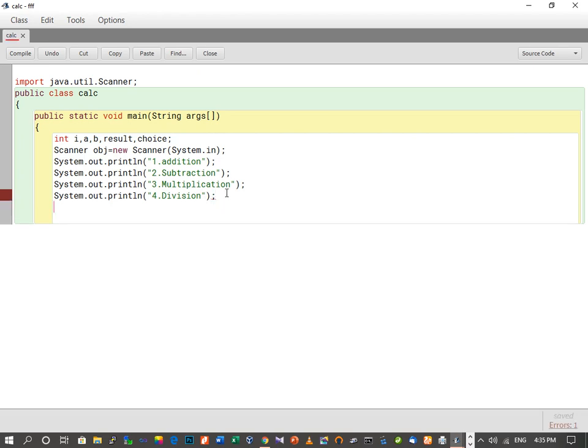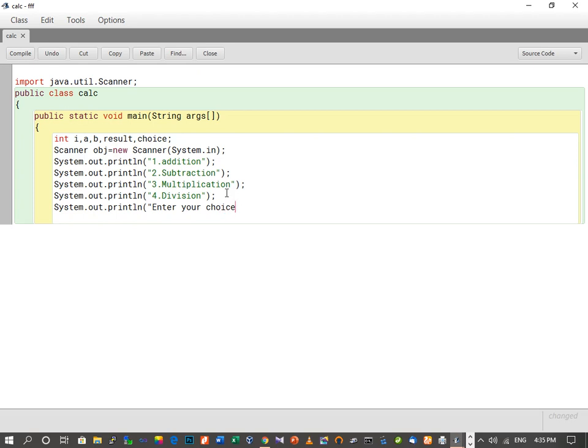Now the next thing will be to accept a choice from the user, meaning the user will be asked to enter his choice. So here we write System.out.println, enter your choice.